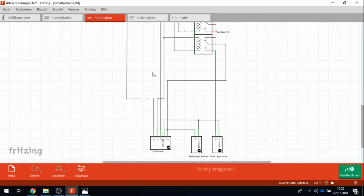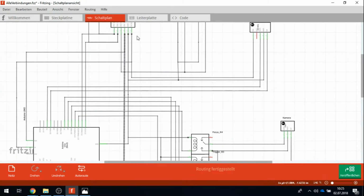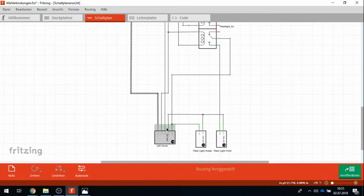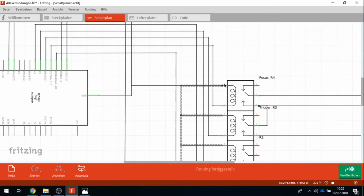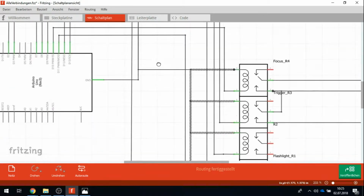So including this ground as well. Okay. Let me have a look. This is the ground. So this is the ground, and yeah, the relays are connected to the ground as well, obviously, and so